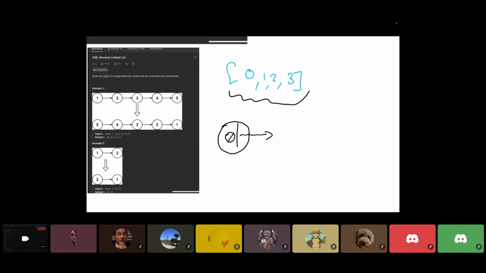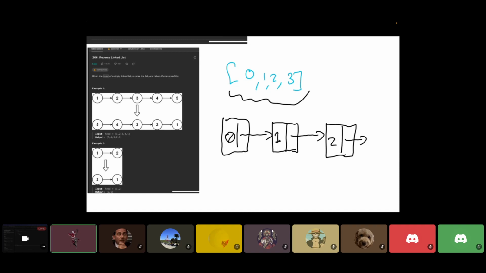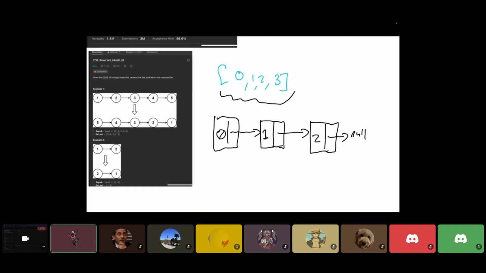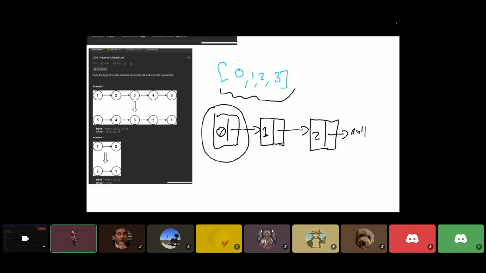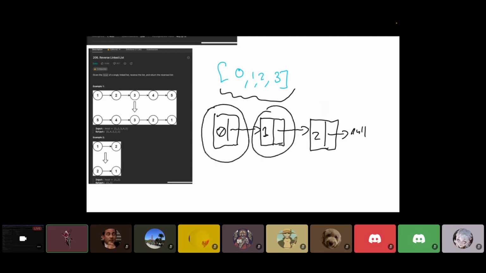And this pointer is going to be pointing to the next block of memory that you want to have. So say this is 1, right? We split it. We're going to have this one pointing to 2. And then this could be pointing to null or something to end the linked list. So all we're doing is that we are linking these nodes to each other to create sort of a